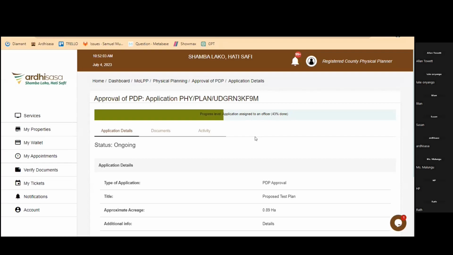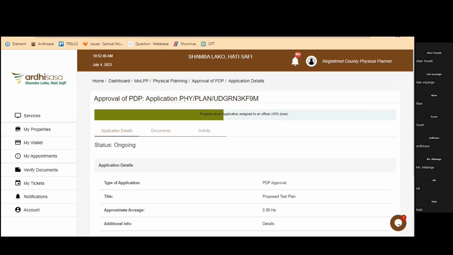As far as the application is concerned, when the county director or that planner who is acting on behalf of the county submits the application, it comes to the National Director of Physical Planning, where the task will be assigned to a particular deputy director who will assign a team to vet that plan. So this team will be looking at different aspects of that particular plan, and that's why you are attaching those so many documents. This team will look for if the plan was subjected to public participation. So there's that issue of public participation. So we'll be looking at those